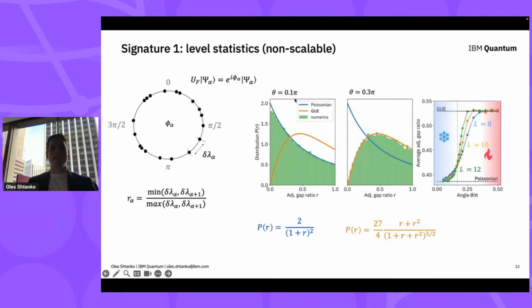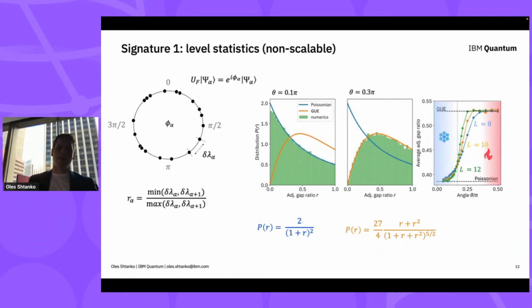Now, if we set our angle smaller, to 0.051 pi, we'll see that the distribution of this quantity is different. It matches this blue curve, also called Poissonian statistics, and it's exactly what you expect from MBL systems, many-body localized systems. Then you can change the system size and see how these curves transform, and you see that there is a point of transition where a crossing between the curves happens as you increase system size. And if this crossing is around 0.16 pi, it exactly shows where the transition happens.